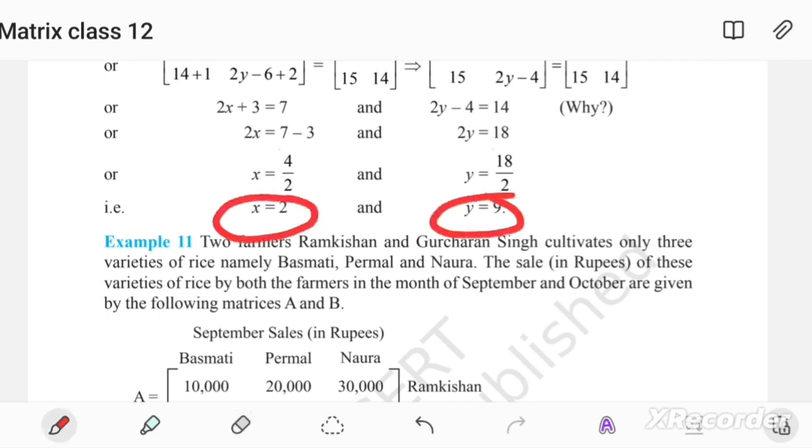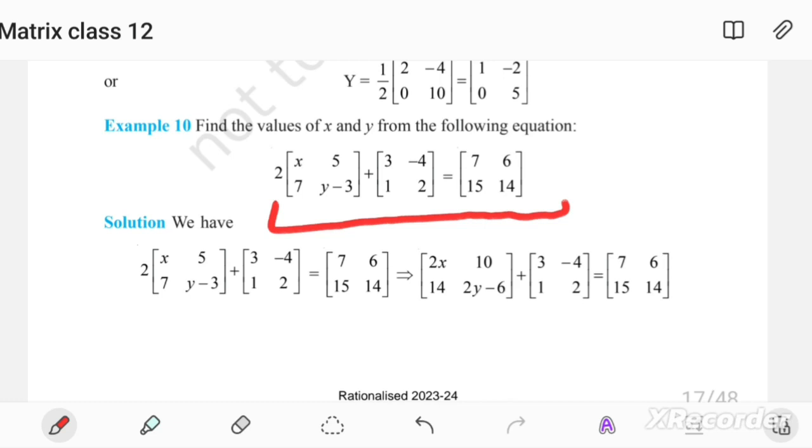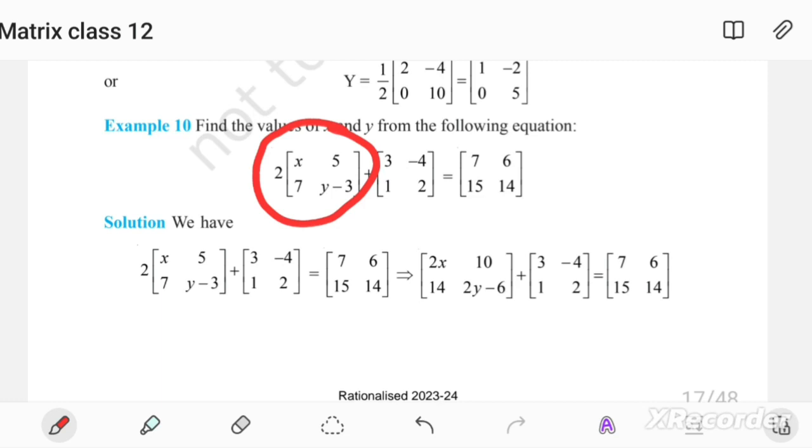This is nothing much complicated. We need not even bother about how we have to approach it. What we have to do here is just simply simplify what is given to us. This is a sort of equation which is given to us. The first thing that came to our mind is to simplify it. Just simply make it a matrix by scalar multiplication, then add these two matrices.